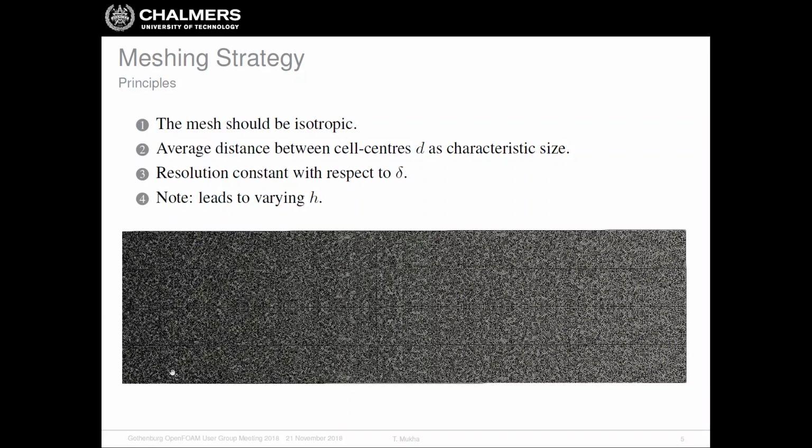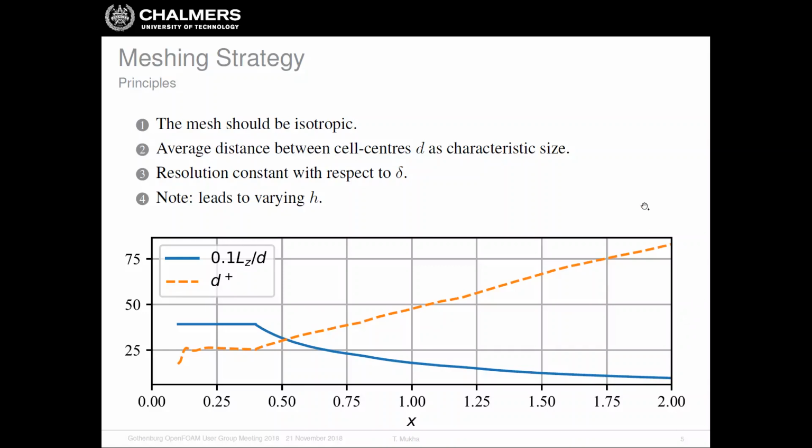So as you can see, the mesh is more dense here in the beginning, then it becomes more and more coarse. What is interesting also is that if we want to fix h to a particular fraction of local delta as well, that means that our h is going to vary with x as well. So we actually need this capability that we have in our library, that we can set a particular value of h for each face.